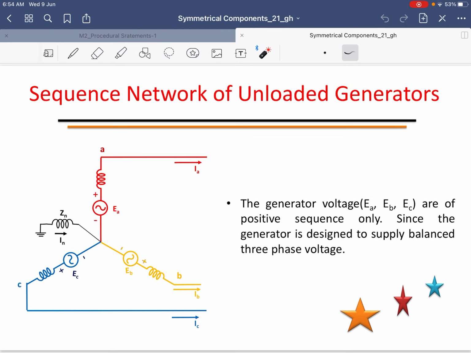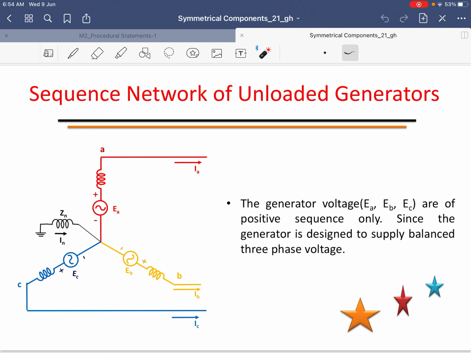Sequence network of unloaded generators. An unloaded generator grounded through a reactor is shown in this particular figure. A generator consists of three impedances in three limbs, and they are represented with the voltage source